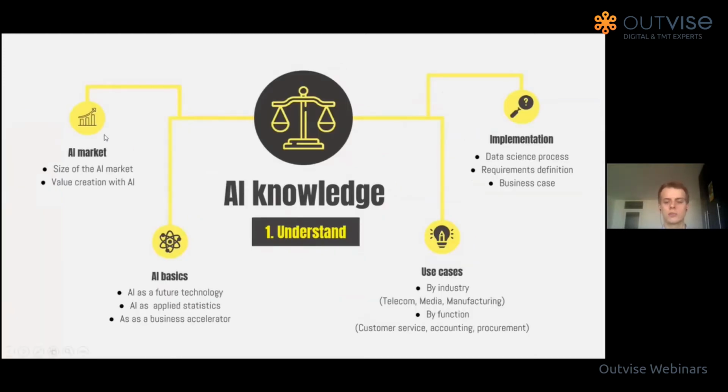Let's talk a little bit about the AI knowledge. So why it is so important, why we have given so much information about the use cases and the AI market in the very first webinar. Well, there are 4 different parts of knowledge that I like to define. The first one is the most general one: the AI market, its size, and the value creation of AI. I have given you some exemplary numbers about that in the very first webinar as well, about how quickly it's developing in the second webinar, and the AI market is growing 270% year over year in the past 4 years, according to Gartner, if I'm not mistaken.